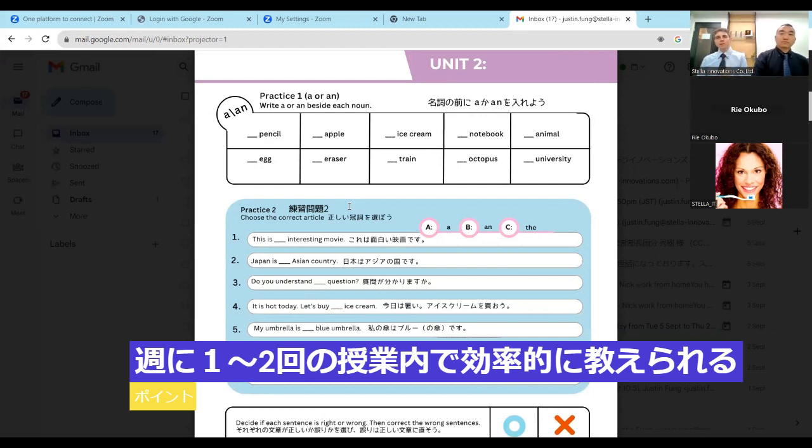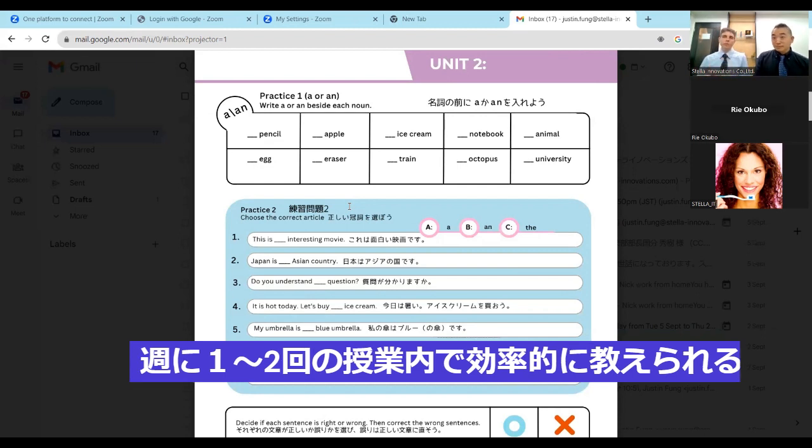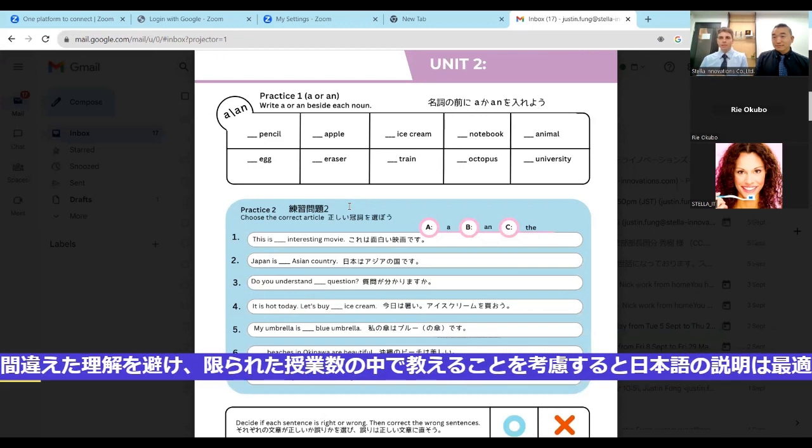So for those 2 reasons, removing the fossilized errors, making sure we don't have any misunderstandings, and maximizing our time in the classroom, using Japanese is why you can see Japanese used in our textbook. And just to summarize what Justin said,